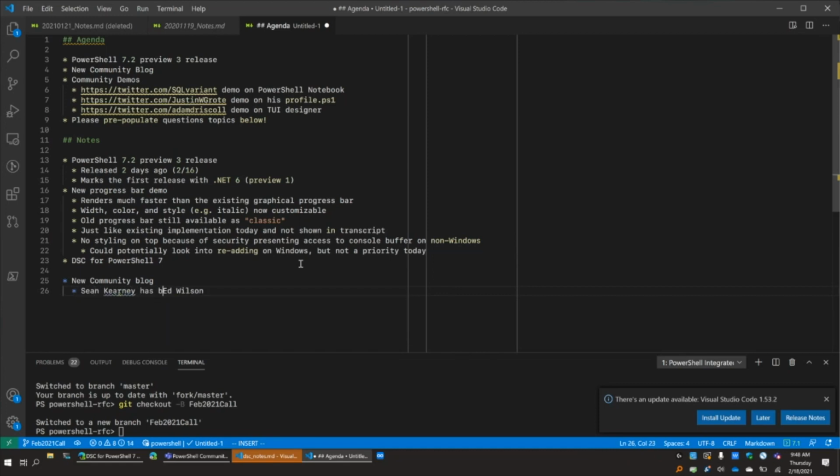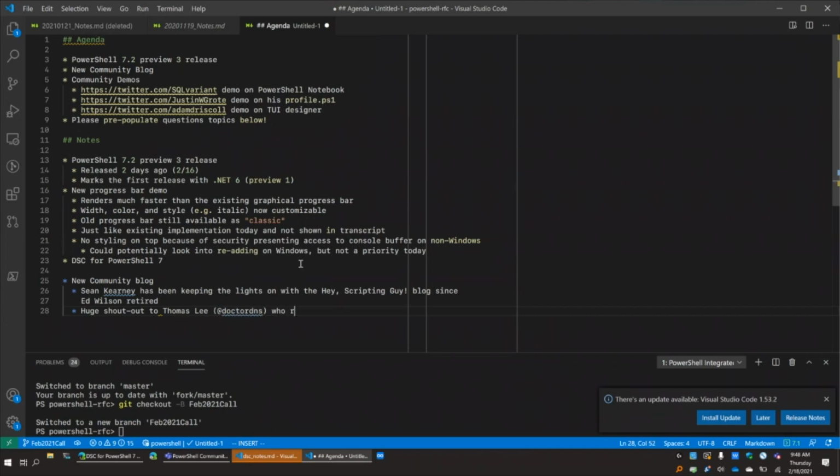But one of the things that we've noticed over time is that the site has been getting fewer posts, and that's really not helping the community learn and grow. So it really needs some love. Well, we ran across a really fortunate opportunity, just kind of landed in our laps at the beginning of the year. Thanks to Thomas Lee, and I want to give a huge shout out to Thomas Lee for getting the ball rolling on this. He reached out to Sean and myself